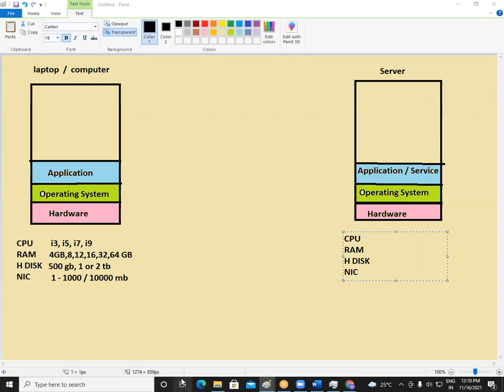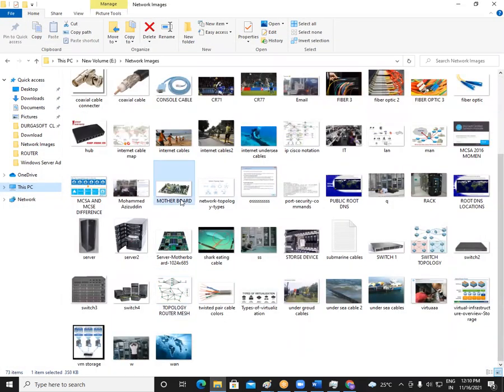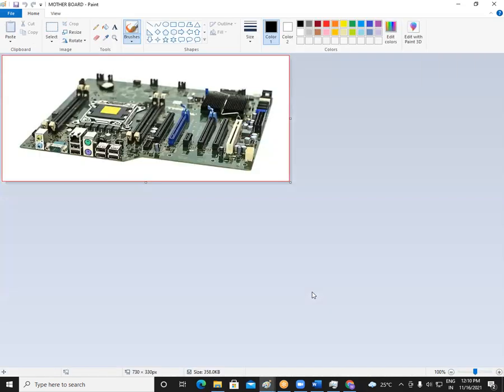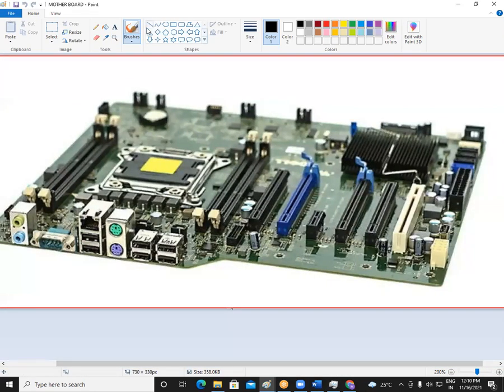Okay, I'll take you to a computer motherboard and a server motherboard. Let us see what differences we can see there. Whether it is processor or hard disk or RAM or NIC card, everything is connected to the motherboard, right? So this is a computer motherboard, and it has certain components or ports here. Say this is called the CPU socket. This is the place where you connect your processor, whether it is i3, i5, i7, whatever, it will be connected here. That is called your CPU socket. And can you see these are your RAM slots?